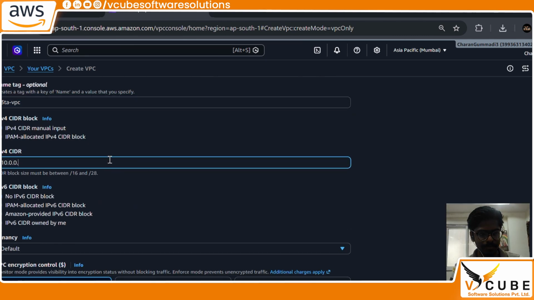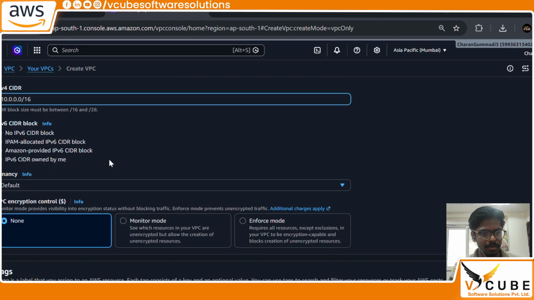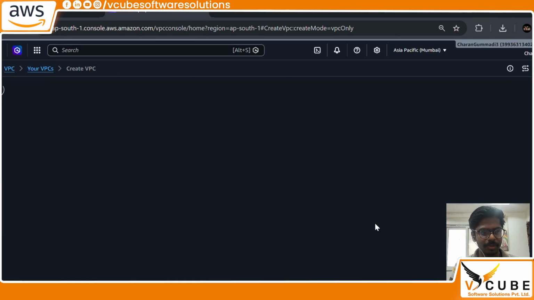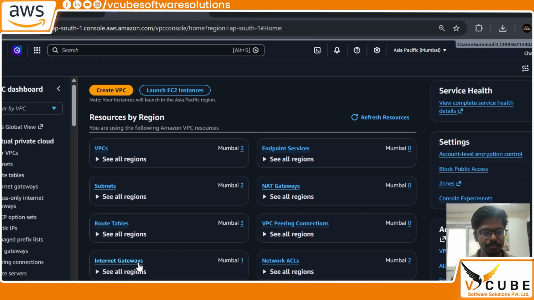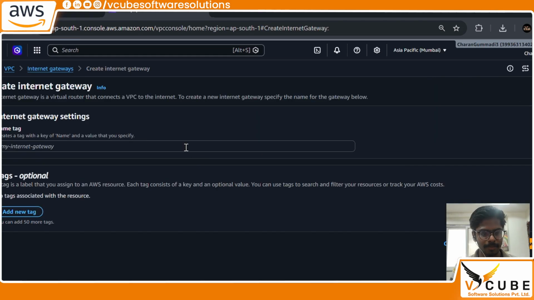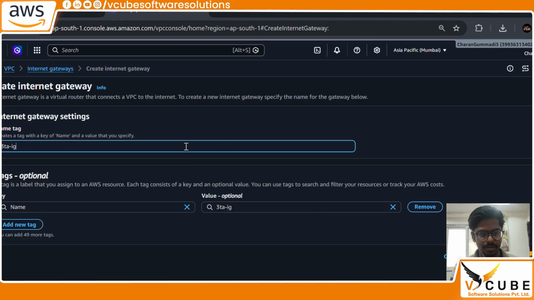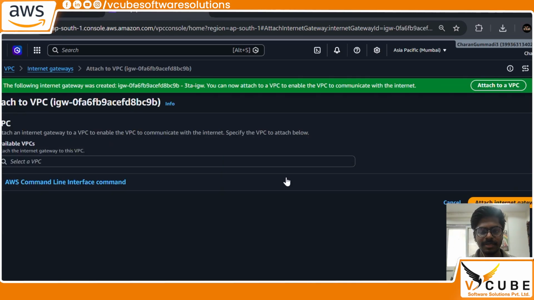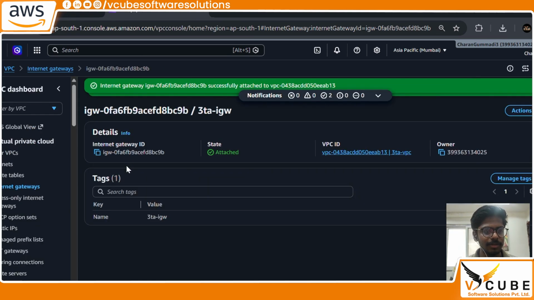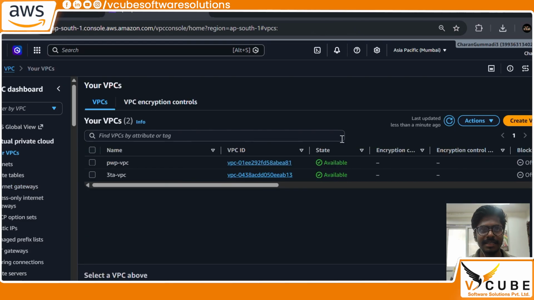This is the IP range. And after creating the VPC, the VPC has to access the internet through the internet gateway. So we need to create an internet gateway and attach it to the VPC. Now the VPC is able to access the internet directly, and it will be useful for the public subnets to access the internet directly, but for the private subnets we need indirect